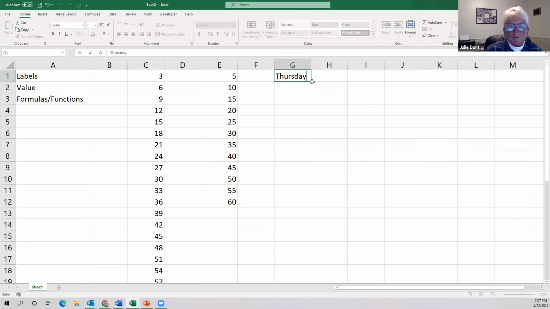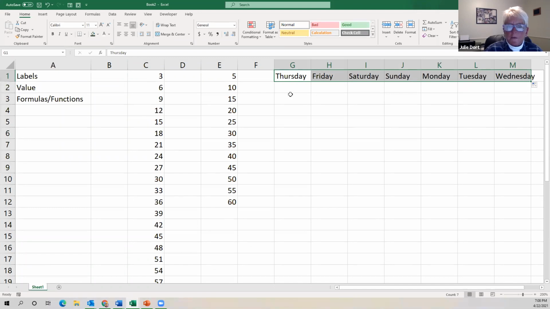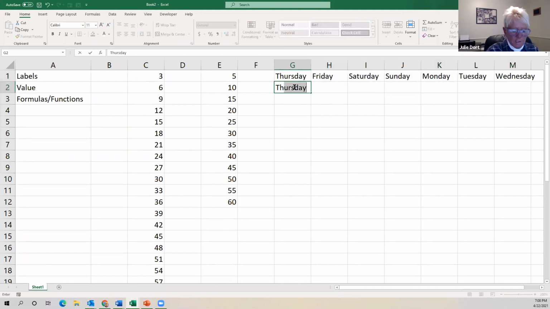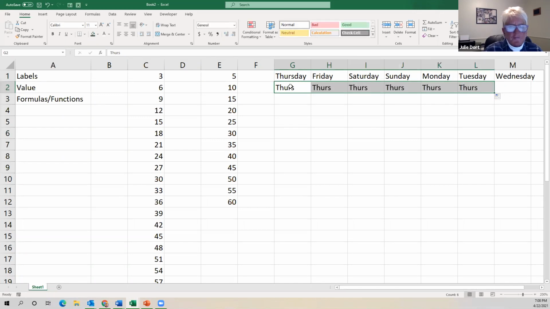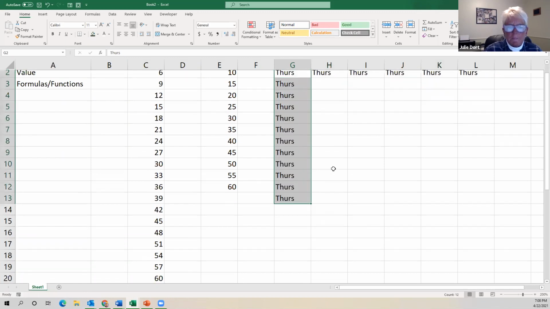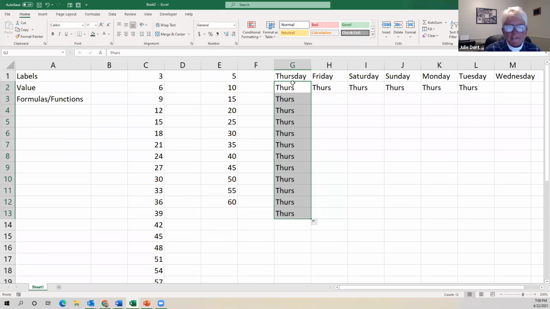If I want to enter the days of the week, I do not need to show Excel a pattern, or type in everything. I can go ahead and just hover my mouse over and pull, and it will fill in the days of the week for me. Now, if I abbreviate the days of the week, so if I abbreviate Thursday, Excel will also abbreviate the remainder of the days of the week. And I can use my fill handle going across the row, or I can use my fill handle going down the column, either one. Whoops, that's interesting, that filled in a series. So if I wanted that to go Thursday, Friday, Saturday, Sunday,